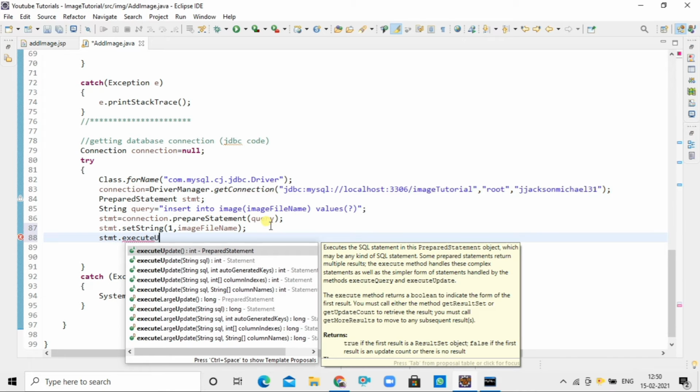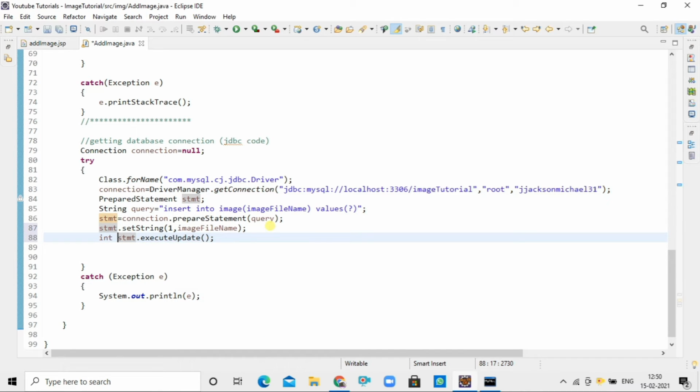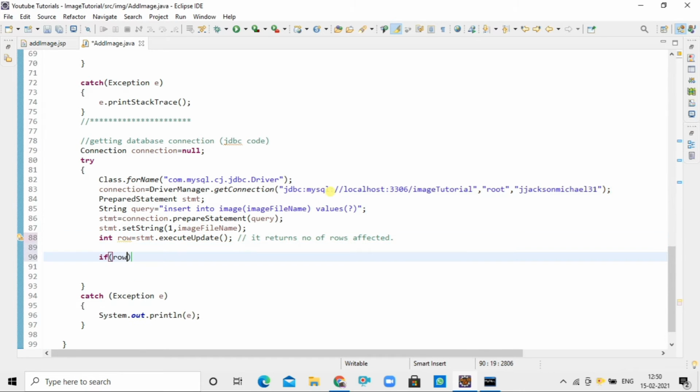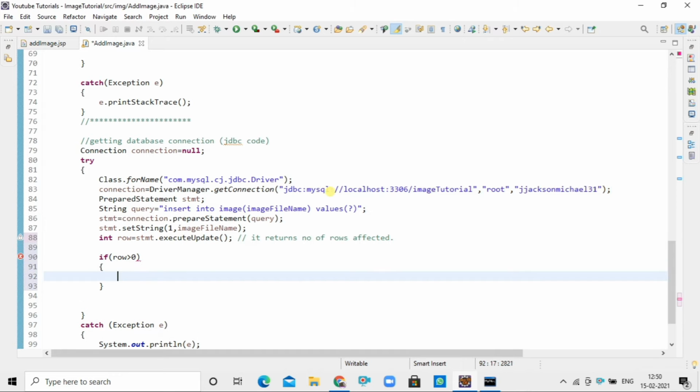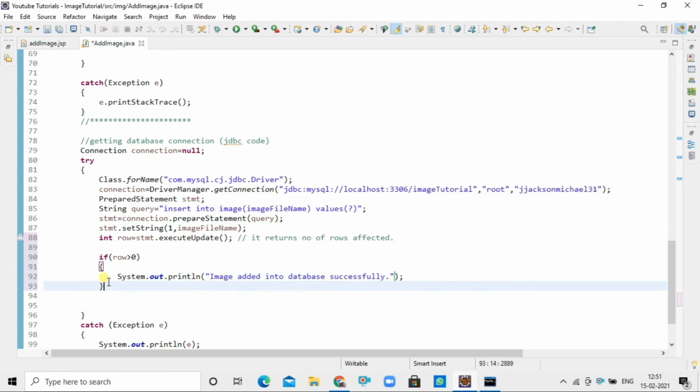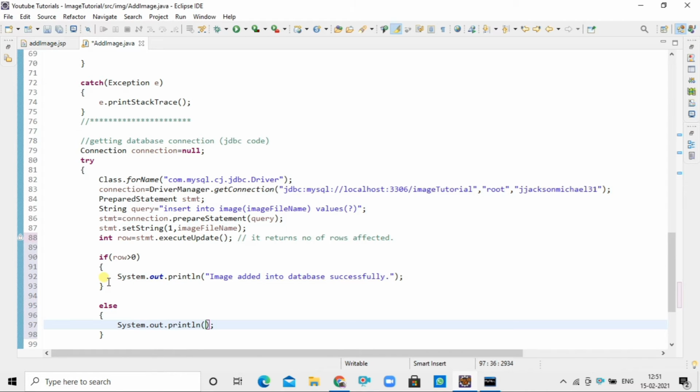The return type of the executeUpdate method is int, that is, it returns the number of rows affected. So when rows becomes greater than 0, that means our image was added successfully, else not. So if rows becomes greater than 0, I'll print "image added into database successfully", else "fail to upload image".